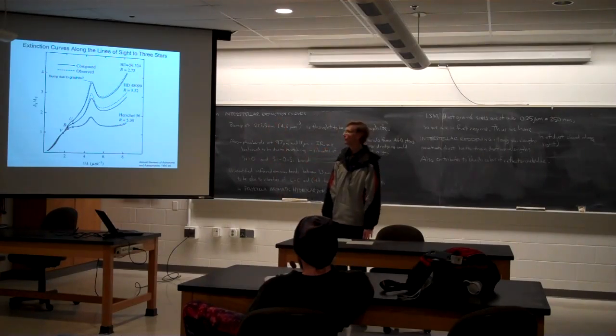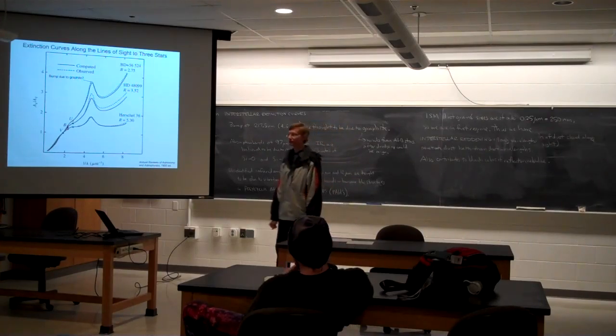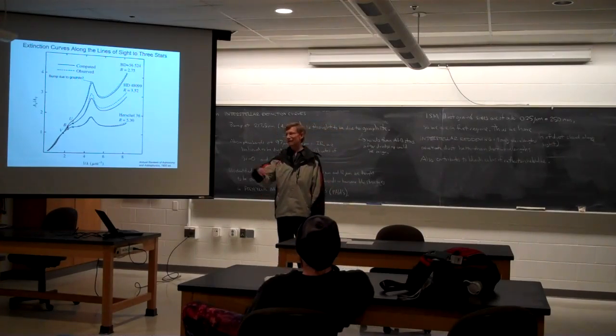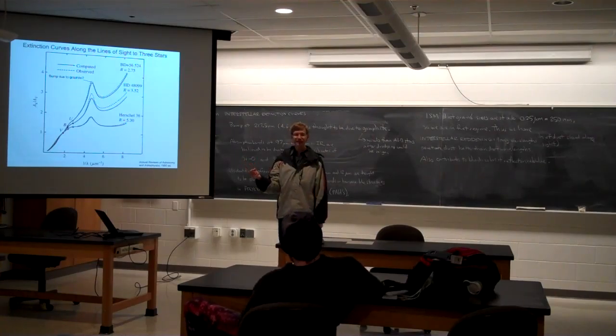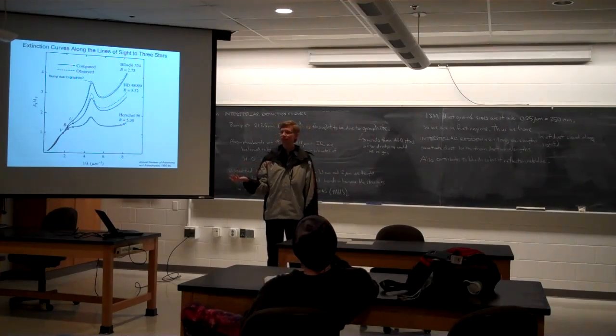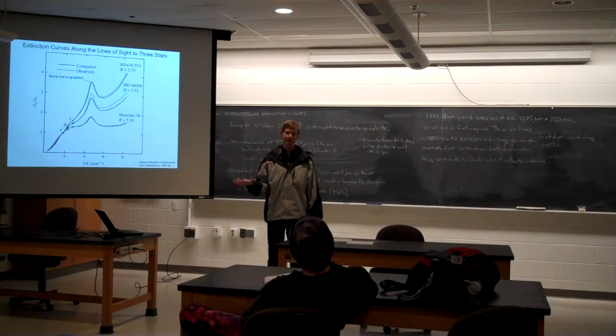And it's important to remember that those dust particles' importance goes beyond just causing extinction between us and stars, because we live on a planet, it turns out, and terrestrial planets, probably even Jovians, although there's some thought that they might be able to sometimes condense directly out of the gas, form in the protostellar disk that surrounded the sun, which in the sun's case was called the protoplanetary disk,